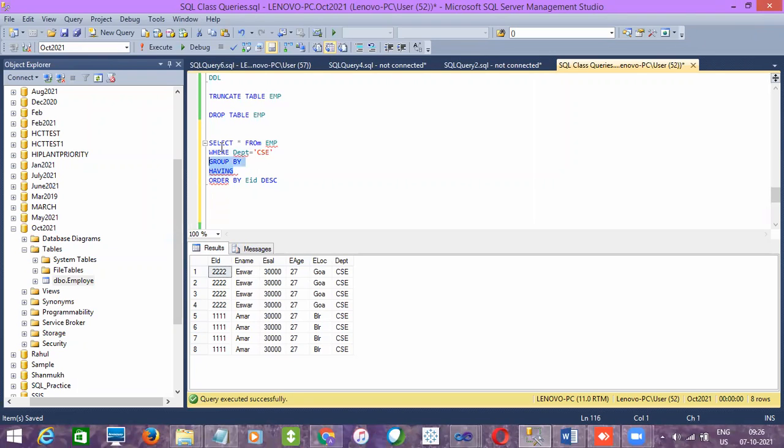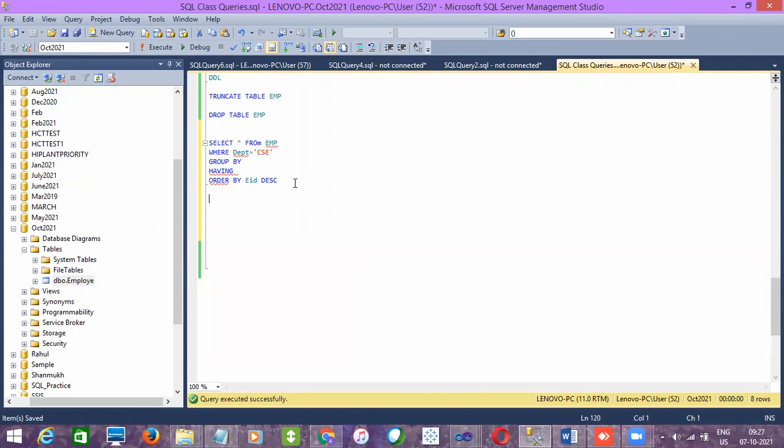Okay, but the fully qualified select statement will be this way: select and then next is where clause, next is group by and then having, at last order by will come. Okay, remember that. And then maybe I'll discuss this point again while discussing about subqueries concept. Okay, so now let's move on to constraints topic.